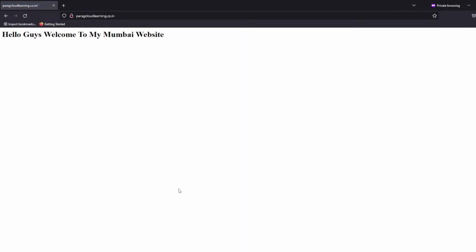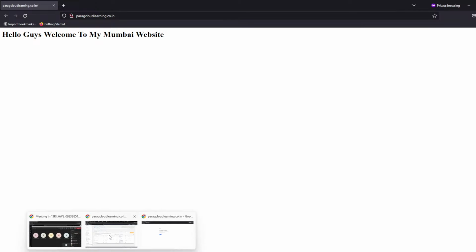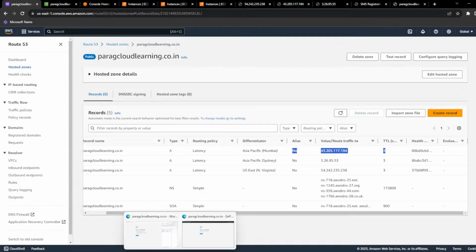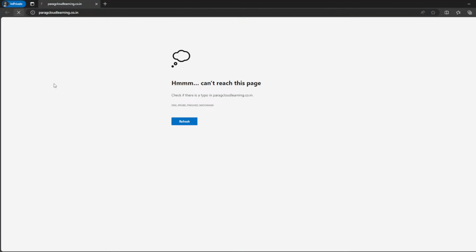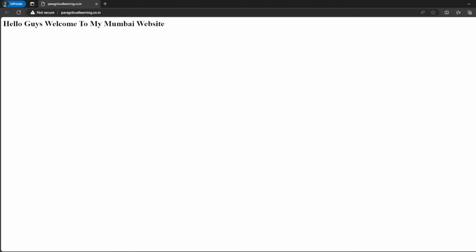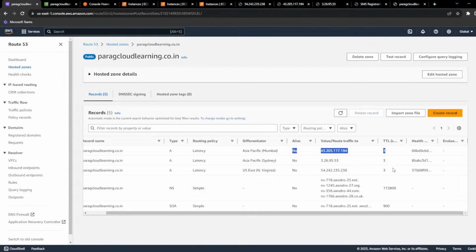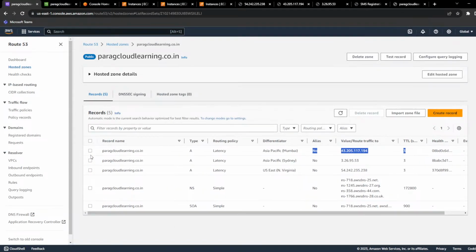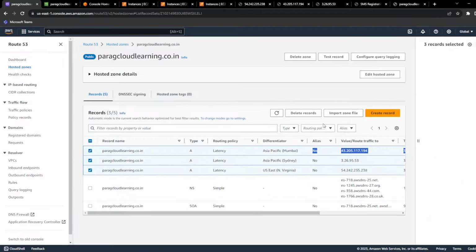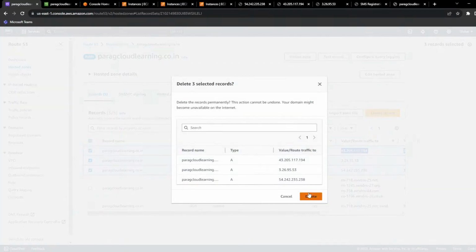Now it's working. I didn't change anything. Latency based routing. Okay. Now it will work for all. Latency based routing. Everything will hit Mumbai. That's why I'm keeping TTL very low, because the cache might create a problem. This is latency based routing. Let me configure for